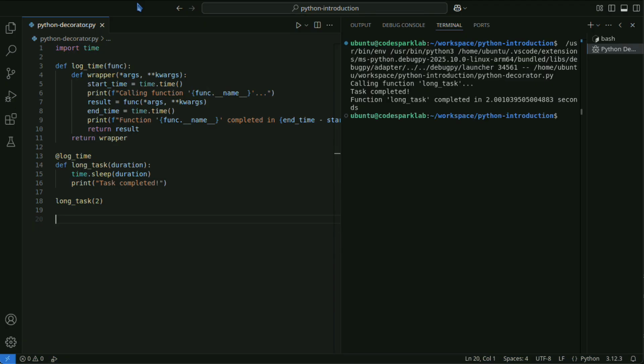In this example, the log_time decorator measures a function's execution time and outputs it as a log. The long_task function is wrapped with the decorator, and its execution time is recorded during runtime.